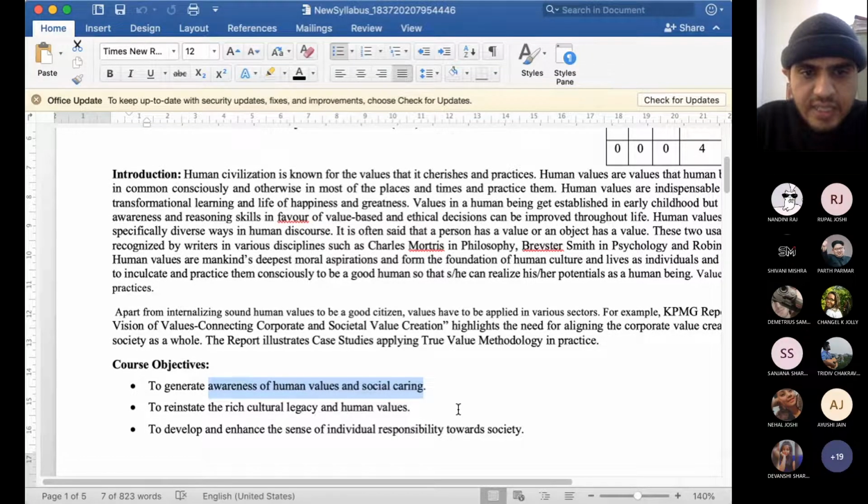And the second thing is to reinstate the rich cultural legacy. Cultural legacy means when you're referring to culture, most of the time we talk about Indian culture. So why do we always say that Indian culture is rich? We have values in our culture. And when we are talking about values, we are not limited to our so-called Indian subcontinent. We respect each and every value, irrespective of our borders, religion, caste or creed, whatever you say. That is the cultural legacy that we are carrying,